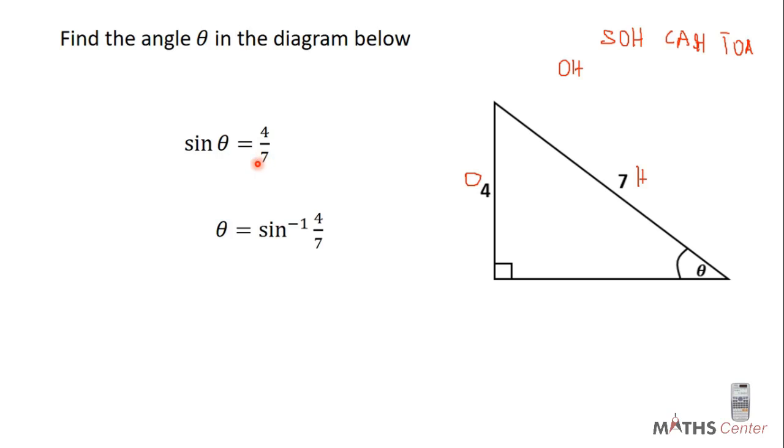This is what I mean. Theta is equal to sine inverse of 4 divided by 7. So you write sine inverse, then 4 divided by 7. How do we calculate for the sine inverse of 4 divided by 7? You are going to find that